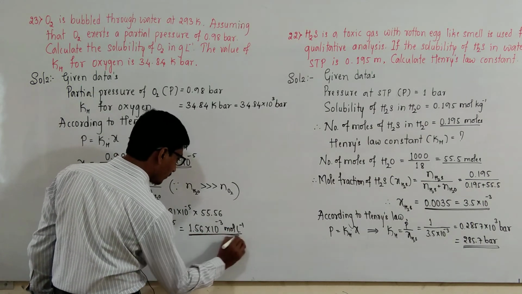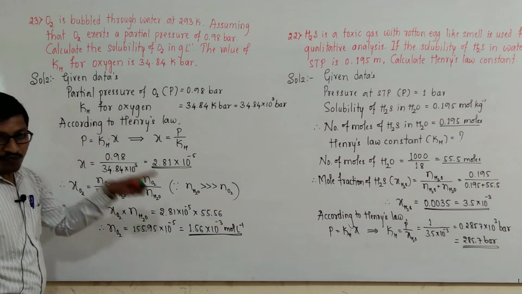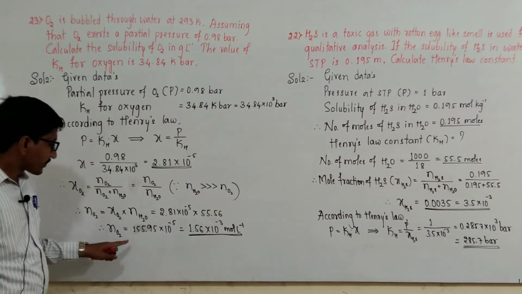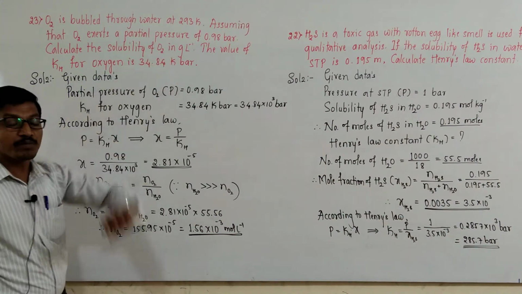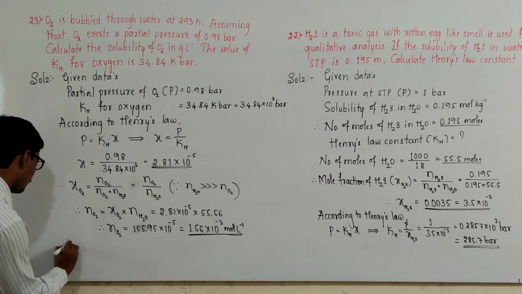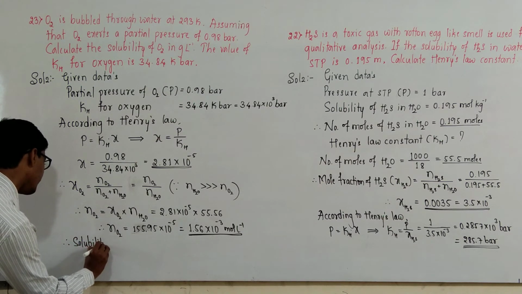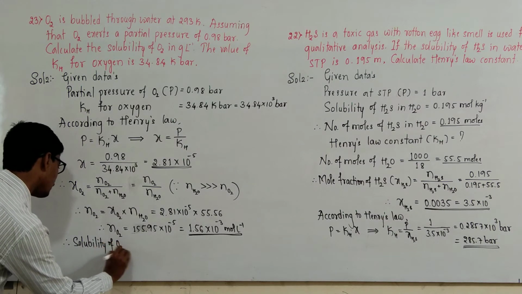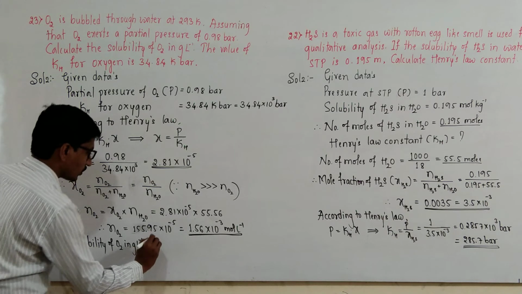This much number of moles of oxygen present in water. Then calculate the solubility of O2 in gram per liter. Therefore, solubility of O2 in gram per liter is equal to